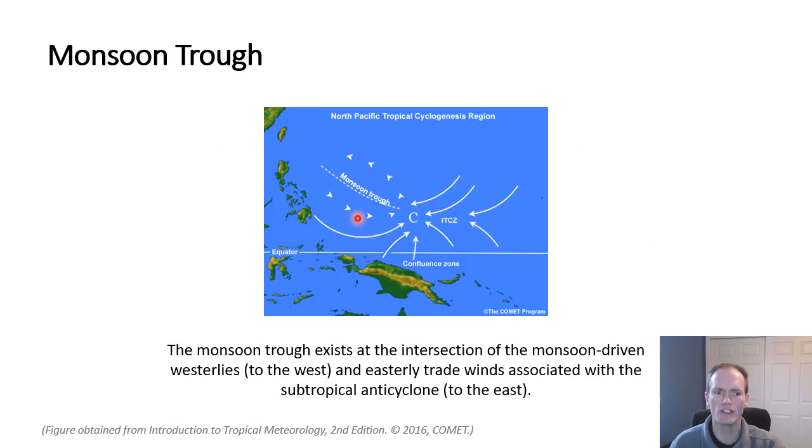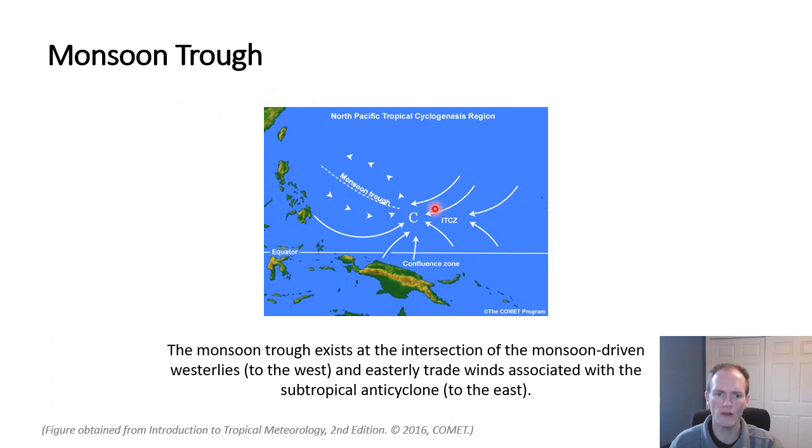We also have the monsoon trough extending a little bit further out into the western North Pacific Ocean. So we have the maritime continent here along and just south of the equator. We have the Philippines here, and then Taiwan and China up here. Here we have the westerly flow at low levels associated with the monsoon circulation, which is centered further to the